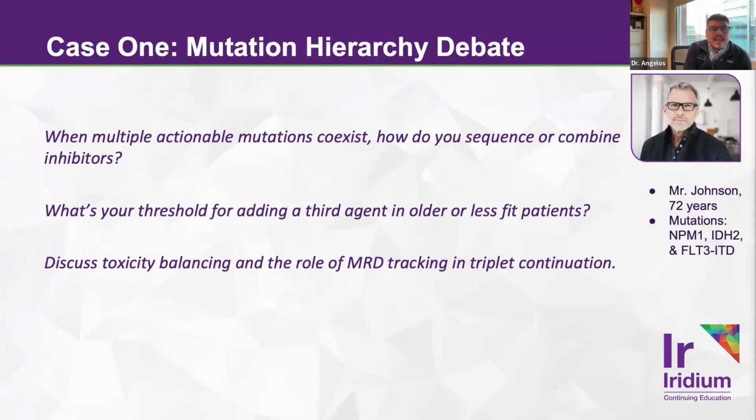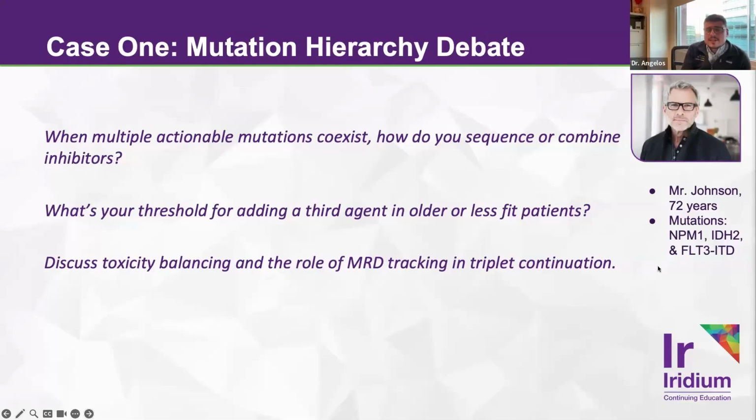And so the question is, should we add something else up front? And so again, we have 3 options that are available. In my opinion, I think the most robust and most validated data revolve around the FLT3 inhibition. There have been now some earlier phase 1/2 studies that have been published that have looked at the addition of gilteritinib in combination with azacitidine and venetoclax. And in individuals that get triplet therapy up front, the rates of remission can be quite high. It can actually exceed 80%. And this is somewhat a little bit better than what we saw on the registrational VIALE-A study. However, again, no phase 3 randomized data are available yet, single center studies that have mostly been published.